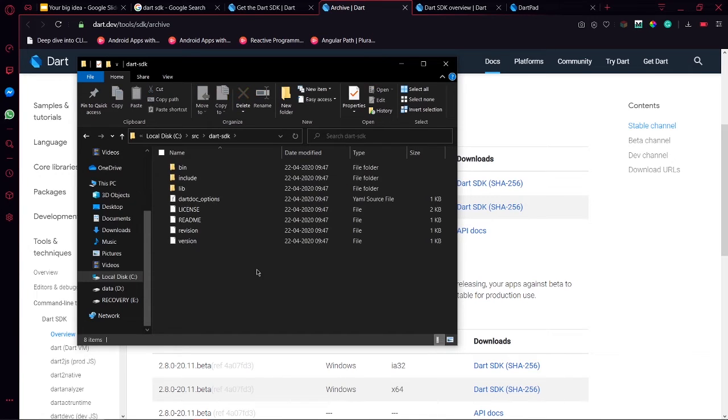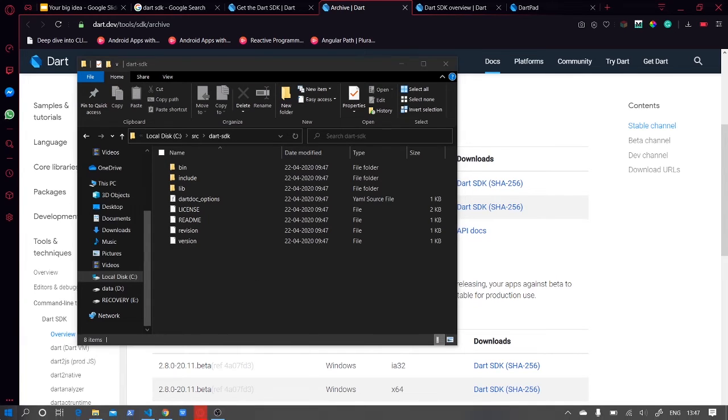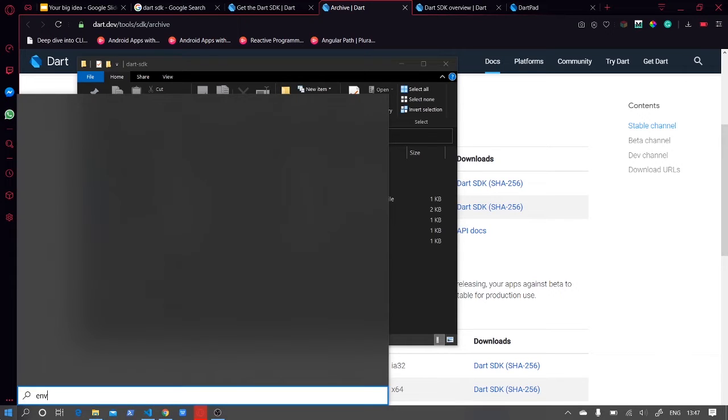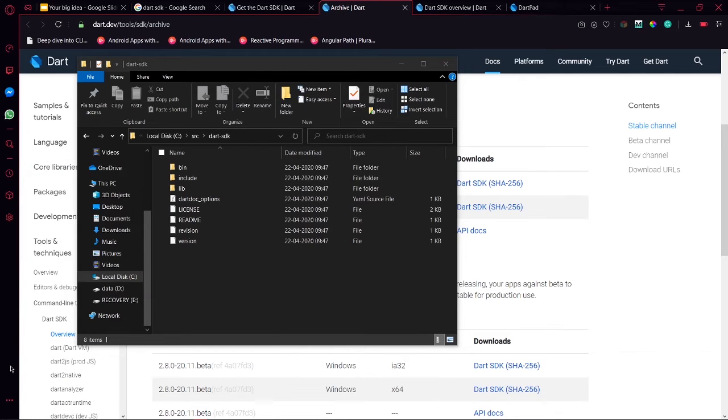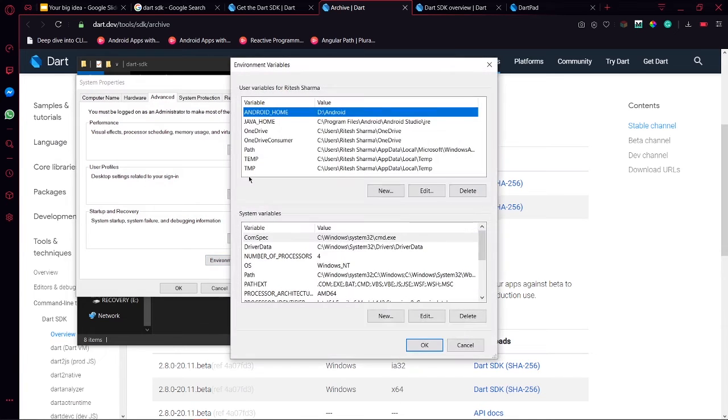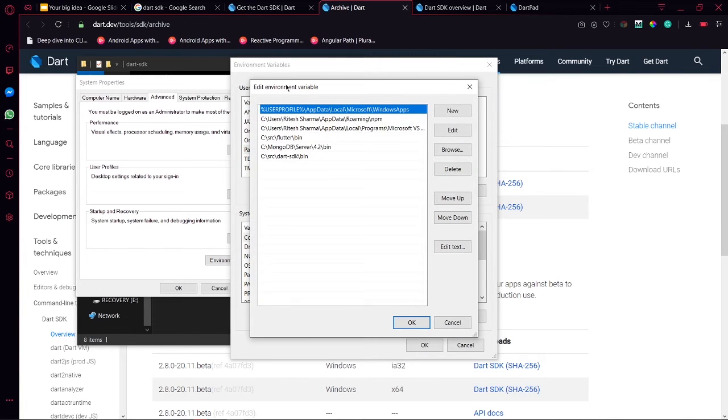Now after extracting this from the zip file, you have to go to your environment variable setup. If you are using a Windows system, then you have to go to your env, to your system environment variables, and inside the system environment variables, you will find an environment variable called Path. Here in Path you must have some predefined system paths. So you have to add a new path here, and in my case I have already added that.